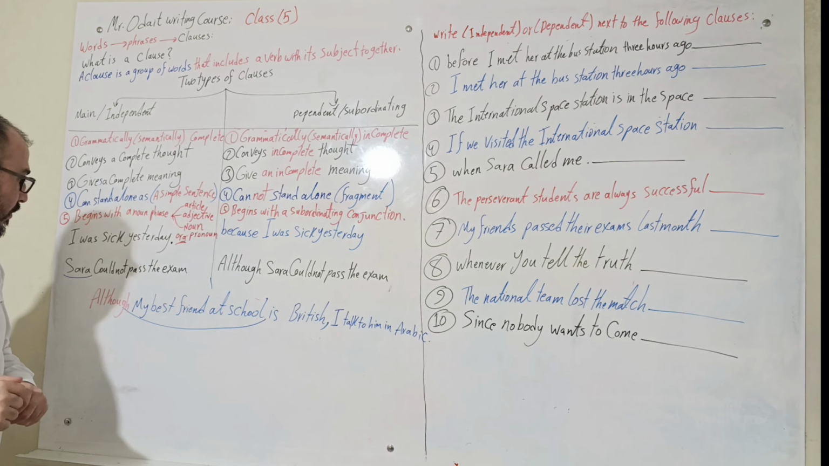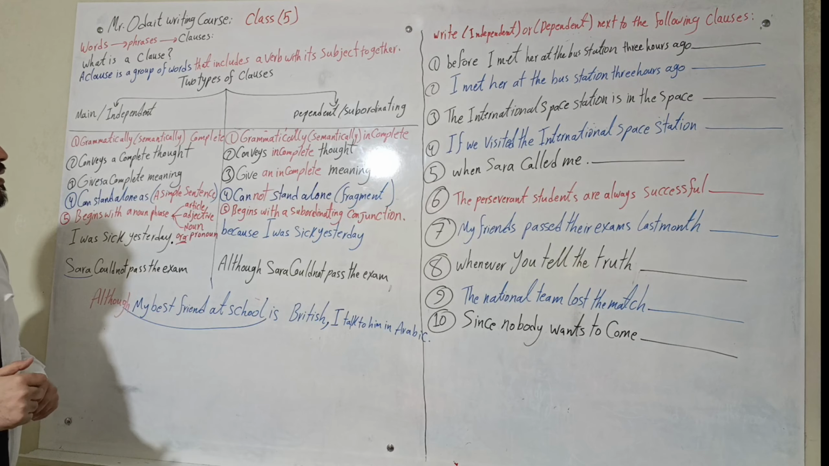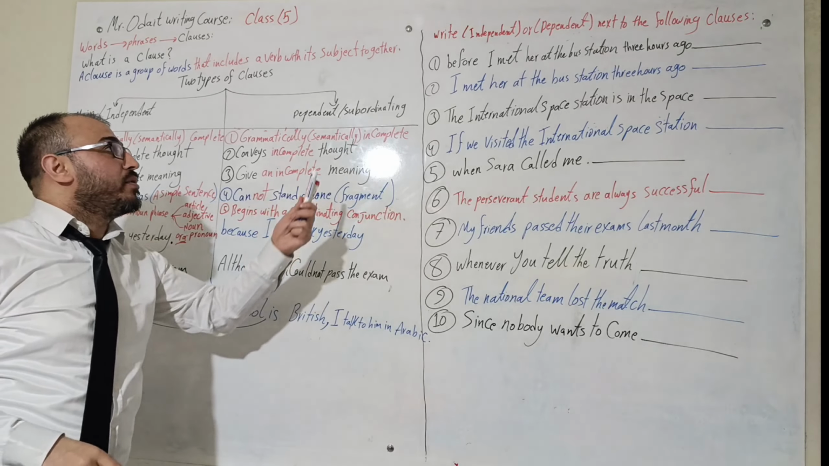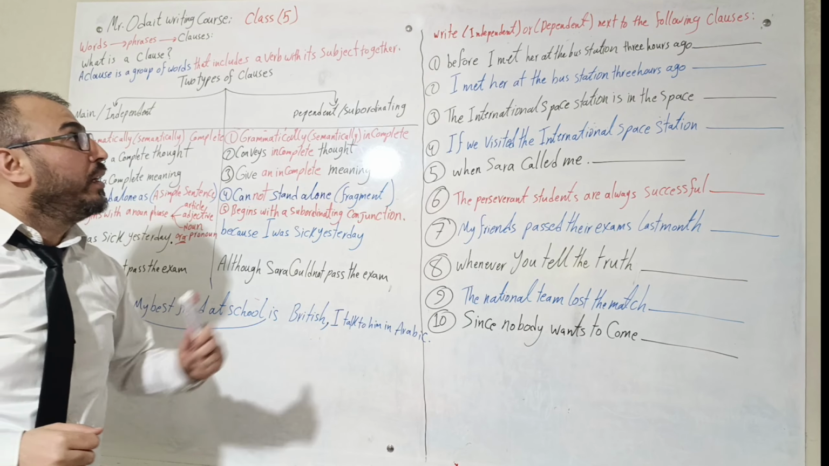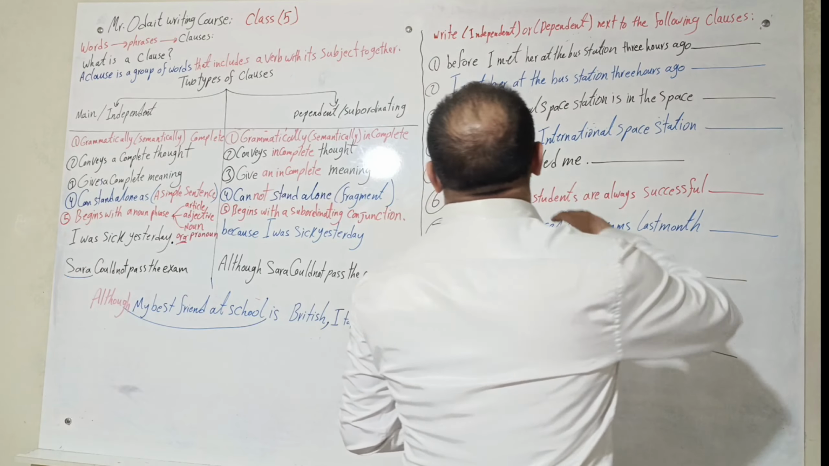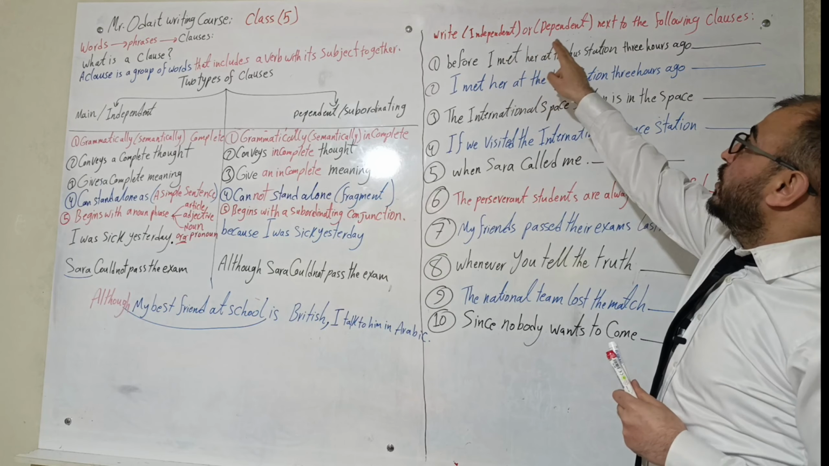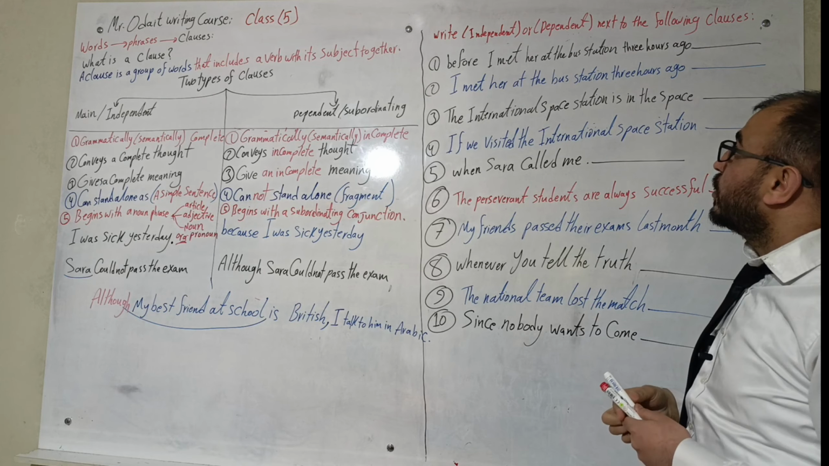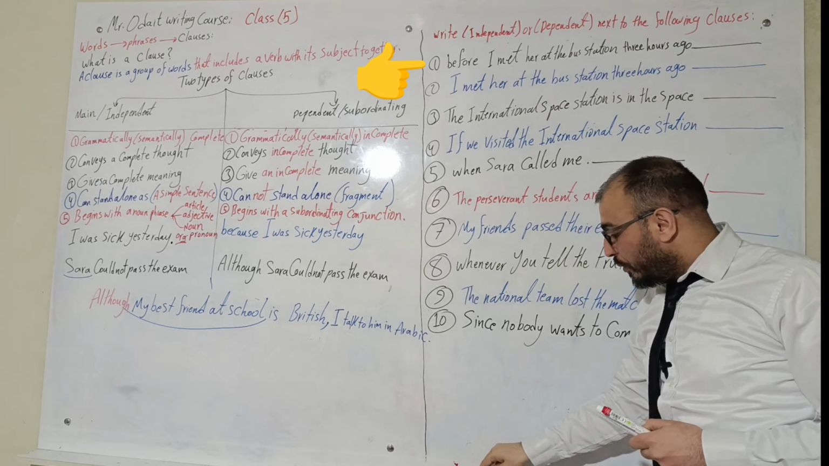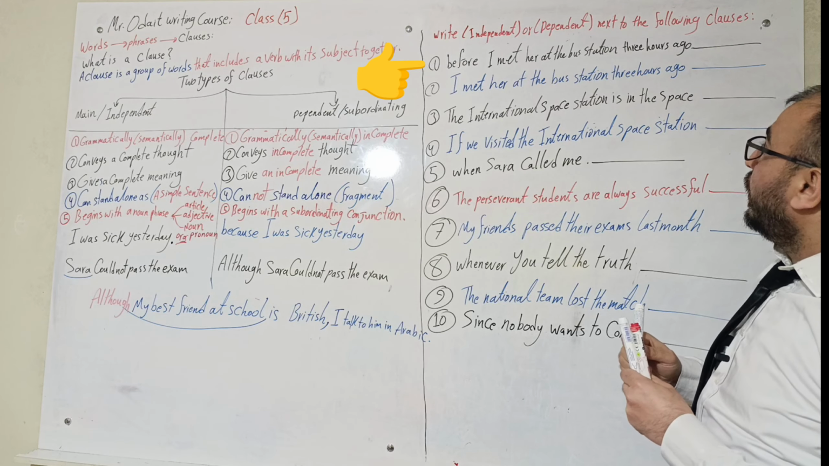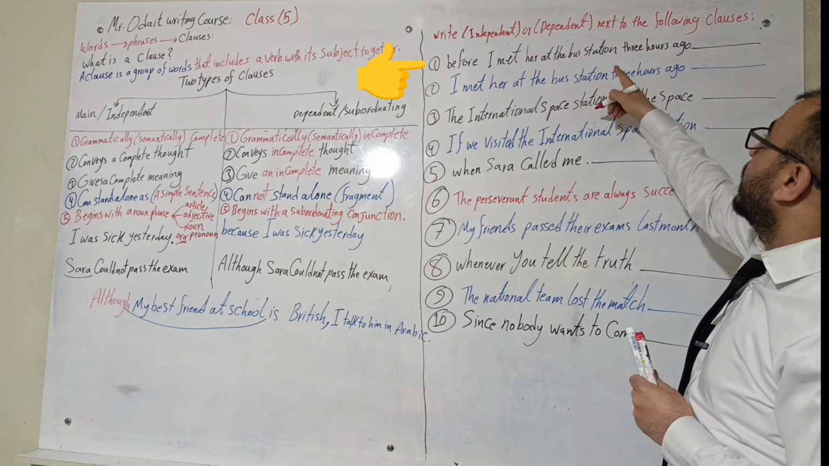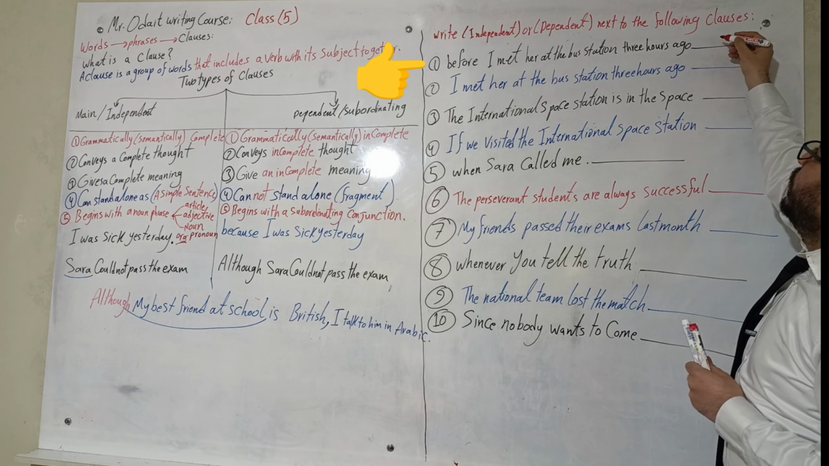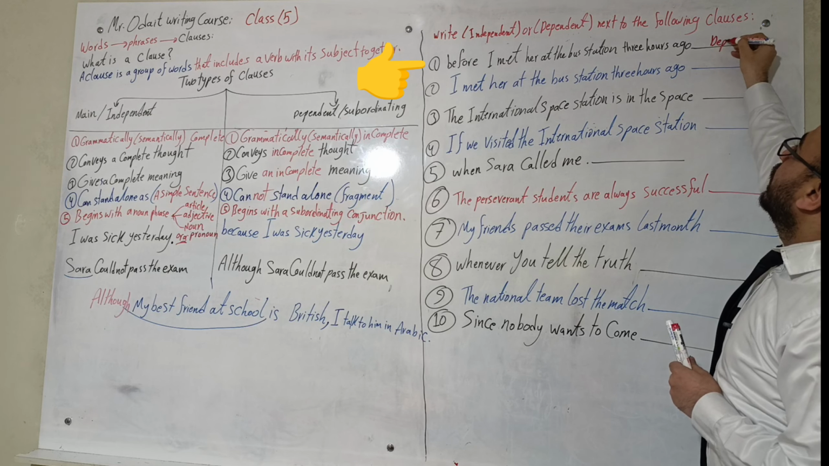Well, enough talking about the theoretical part of clauses, my friends, and now let's talk about the practical one. I have an exercise here. Write independent or dependent next to the following clauses. Let's start with the first one. Before I met her at the bus station 3 hours ago. This is dependent